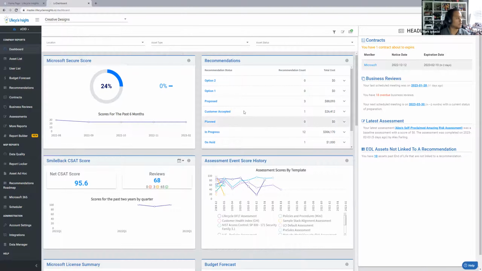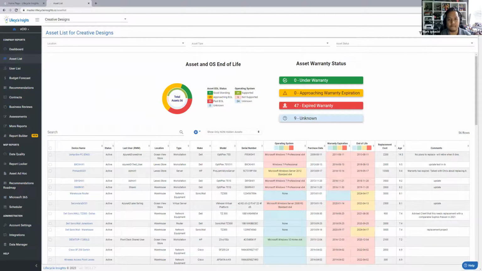Awesome. So I'm going to go ahead and open the asset list real quick. Assets get pushed to the budget based on their end of life, like I was mentioning, and we calculate the end of life based on their asset type policies, end of life and replacement costs for those.